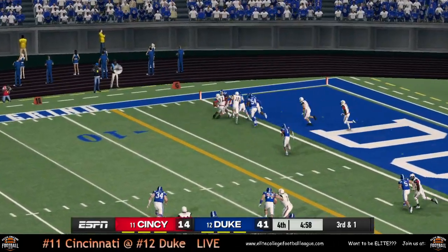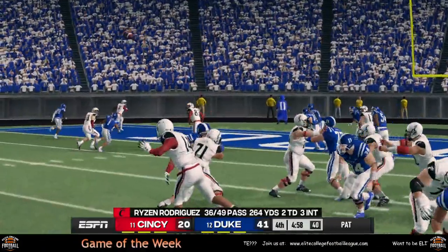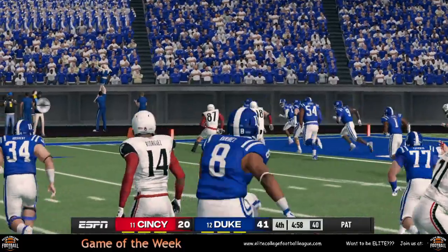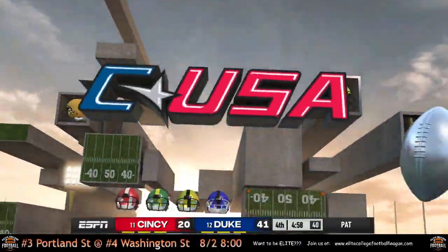That was a sweet out route by Sanchez. 8-yard reception for the touchdown. It's a 20-point game now. And